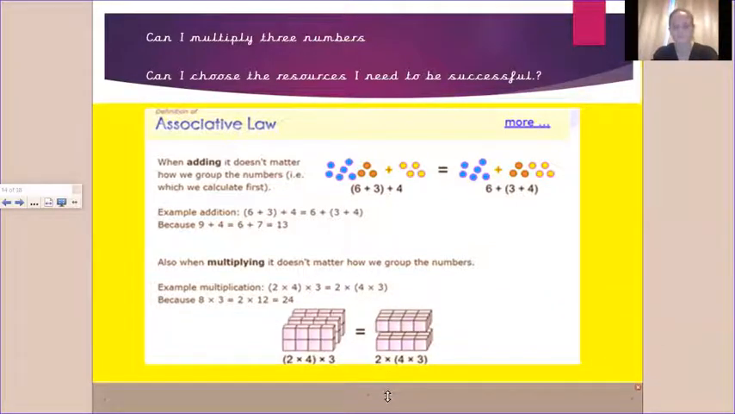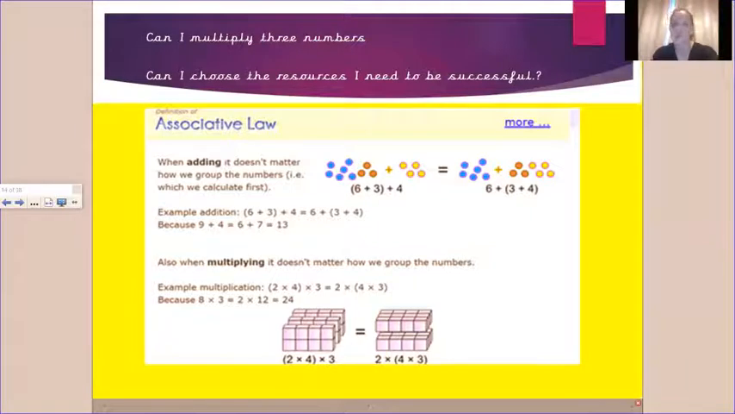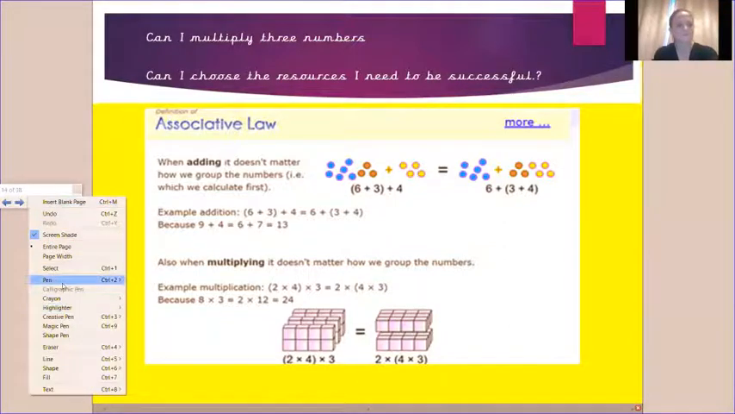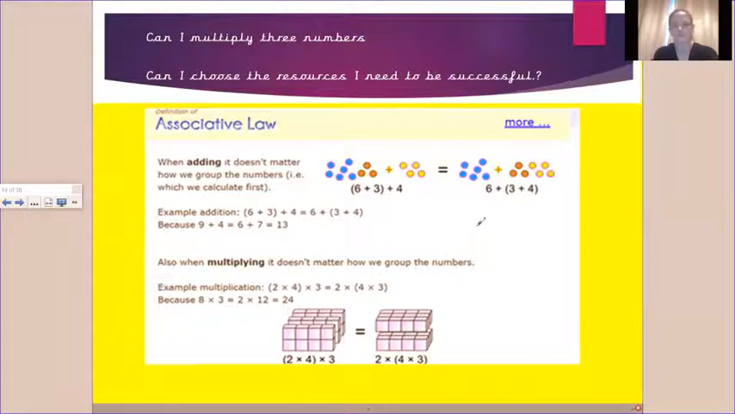Okay. And you can see from the pictorial example underneath, 2 times 4 times 3 is the same as 2 times 4 times 3. So remember, I'm going to do it over here for you. 2 times 4 would give me 8. So it's 8 times